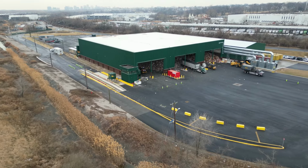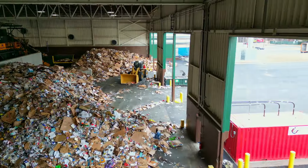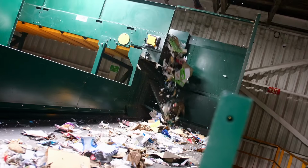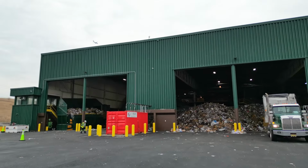When you're dealing with a building of this size, besides the cost of between $30 and $40 million, your designs must include protection. In order to purchase insurance on a material recovery facility today, you have to ensure that you have protection. If you do not have that added protection from the Rover system, it'd be very difficult to obtain